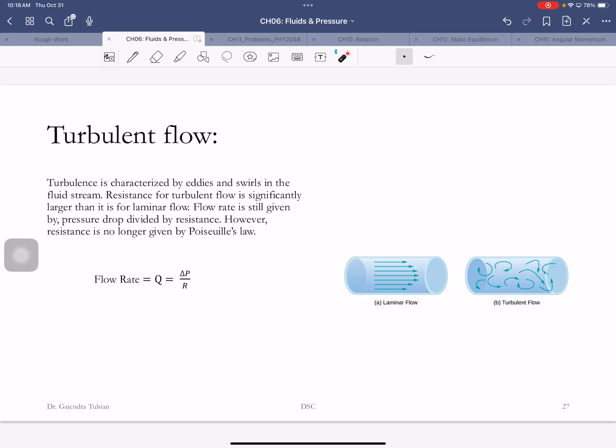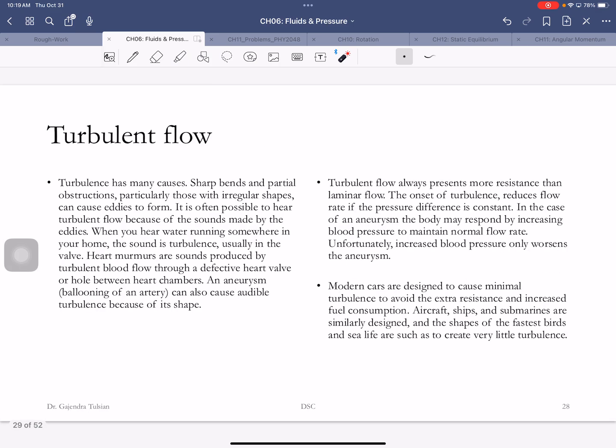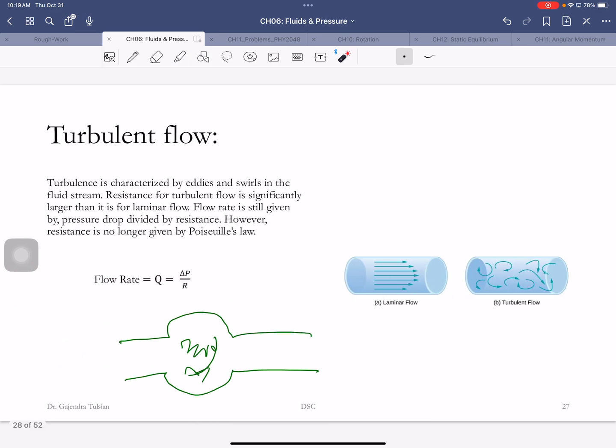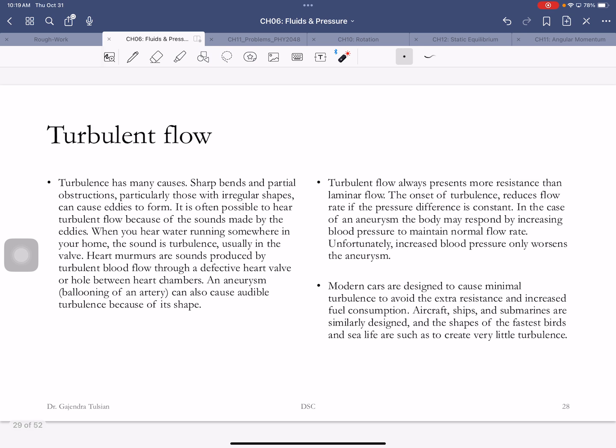So when you have an aneurysm, the flow will become turbulent there. Flow rate decreases and you increase pressure. But that's bad for you. So turbulent flow is not very good. You have to work harder and so on. So what you want to do is maintain laminar flow. Heart murmurs are sounds produced by turbulent flow through a defective heart valve,